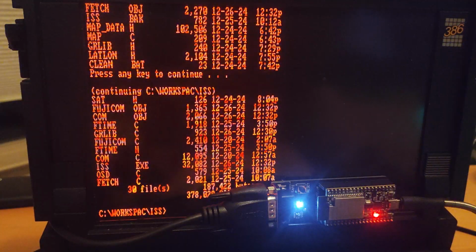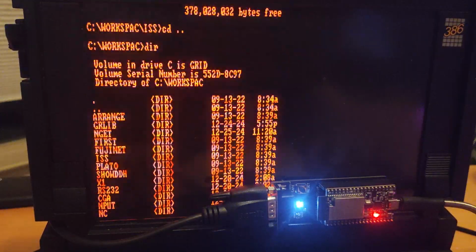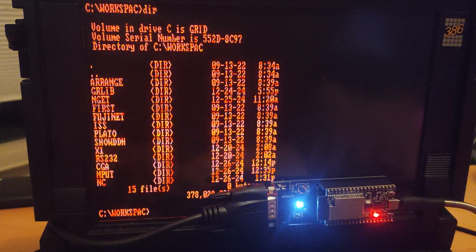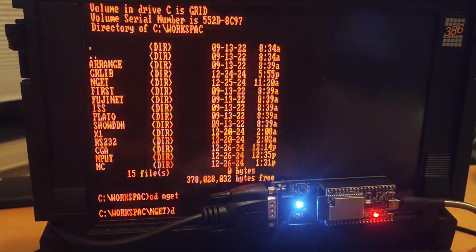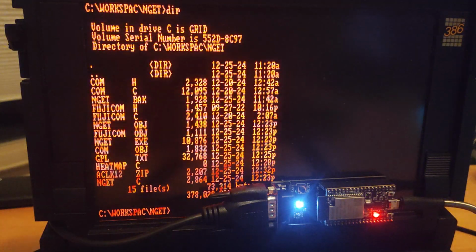Sorry, I'm doing this a little bit out of order. So once I knew that ISS was working and it was parsing data correctly, I went and started building other utilities. Things like being able to grab Nget. Now, this is just an example here. Nget uses an